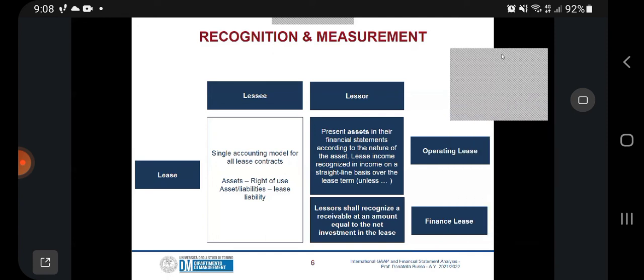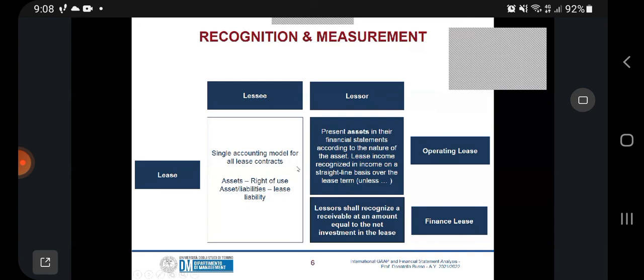And as you can see, the accounting treatment is different